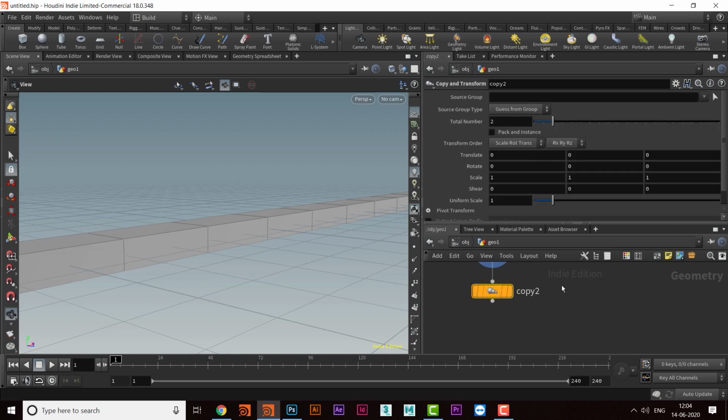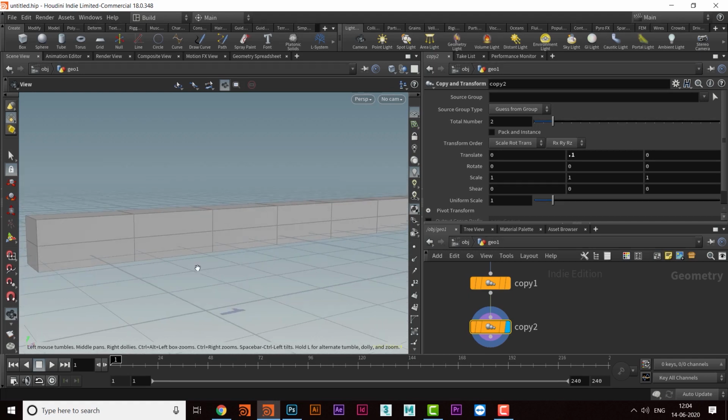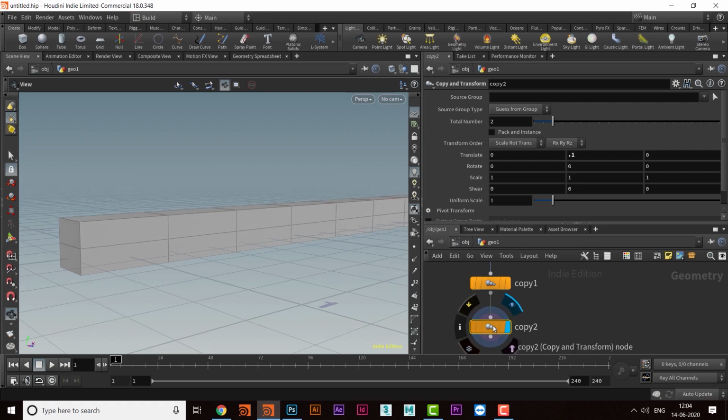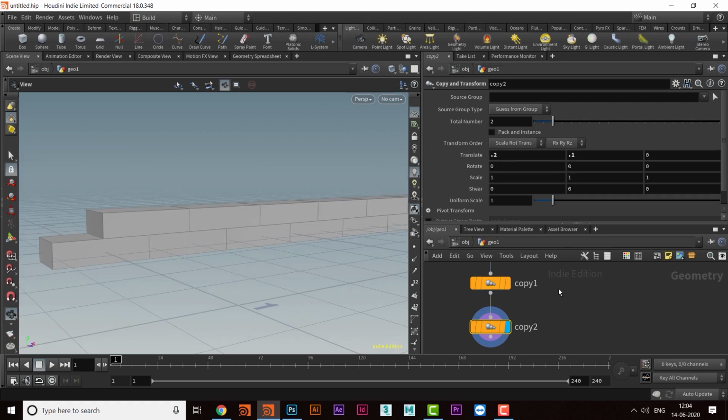So we'll take the same thing and put it in the translate value, that is 0.1. Okay, so if I click here on the display flag, we'll get this value. But a wall of bricks is not created in this manner, one directly above another. There will be a slight difference between the gaps of two bricks. So what we can do here is take a 0.2 value, and now that is fine.